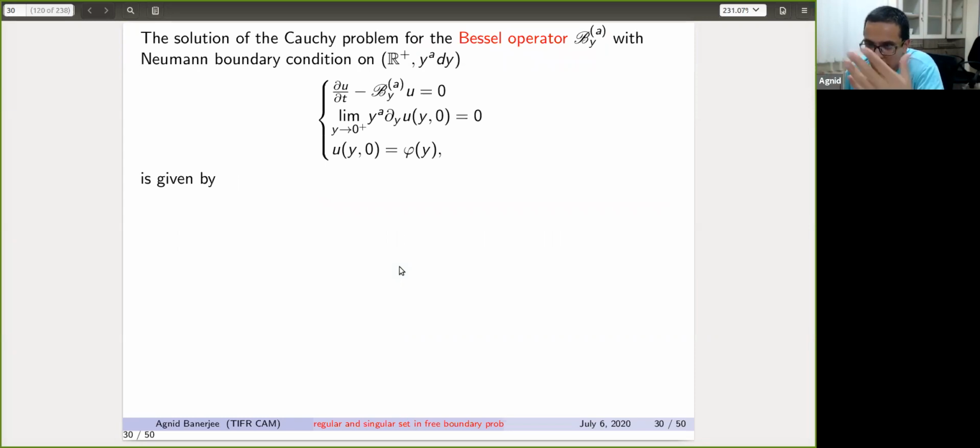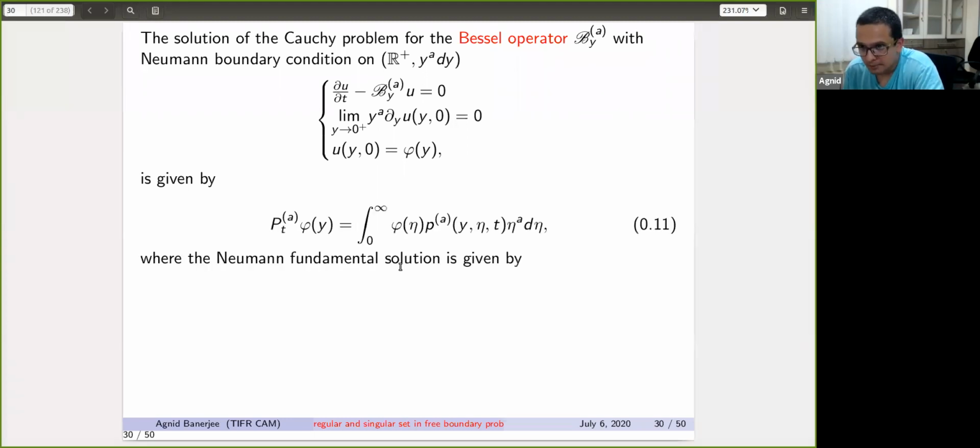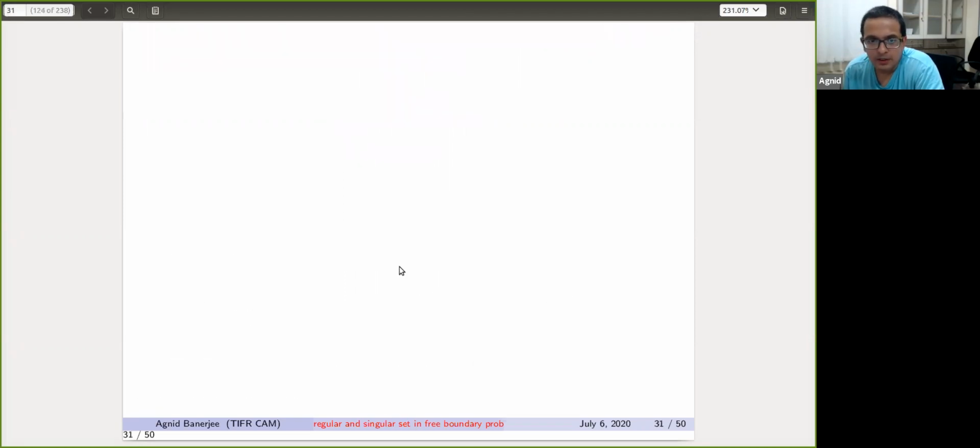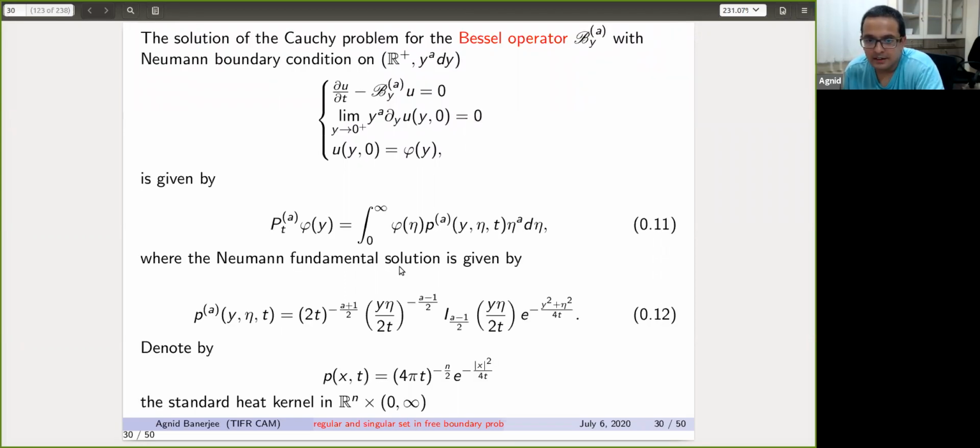As you know, if you take the Gaussian in n variables, you can just multiply the Gaussian in one variable, and if you take the product, you recover the Gaussian in n variables. This is precisely what happens in this situation. You have a y variable and an x variable, which are independent. You look at the Gaussian for this Bessel PDE, and then the Gaussian for the heat equation. If you take the product, you recover the Gaussian for the total degenerate PDE.